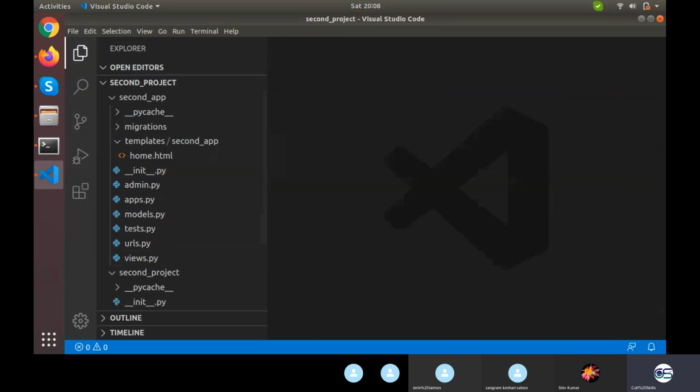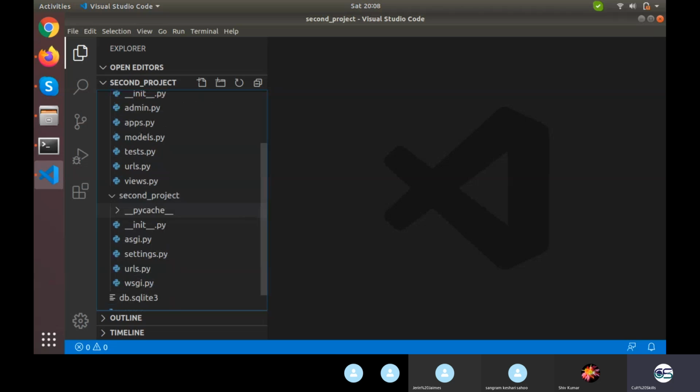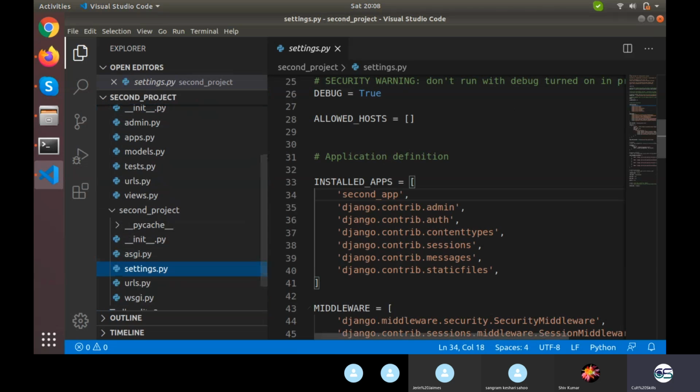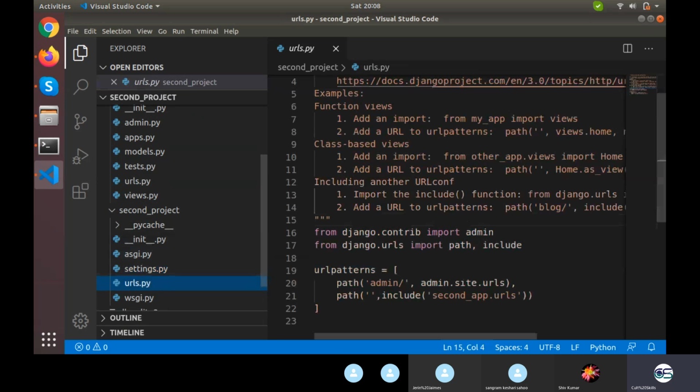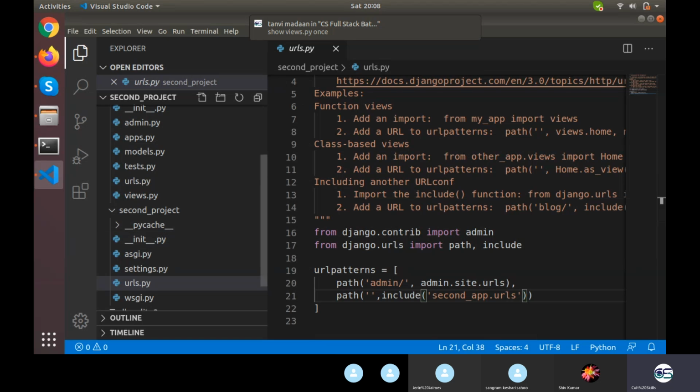Now let's understand what we have done. We have started from settings.py. In settings.py we have registered our app. Then the time zone was the parallel stuff, nothing to do with the flow. That addition of the app let us add a URL right here. Now whenever someone calls a blank URL on our website, it will be redirected to this particular URL file, include second app.urls.